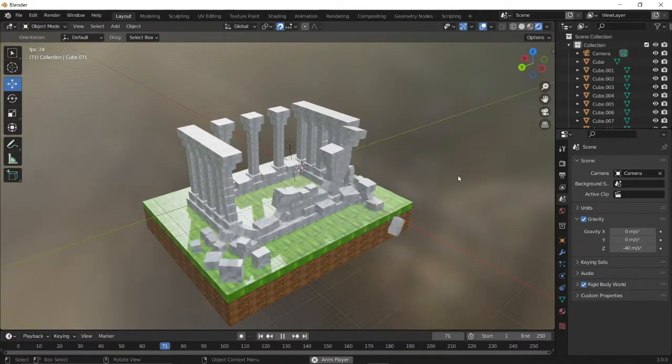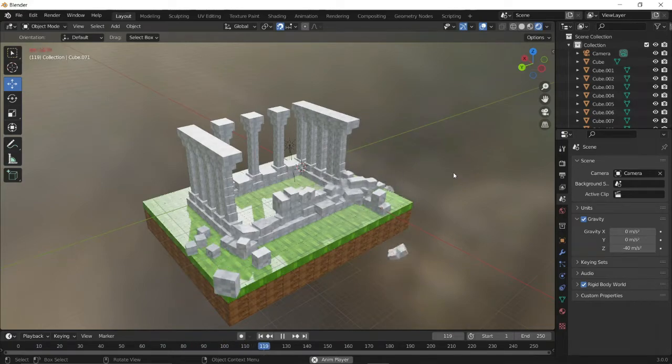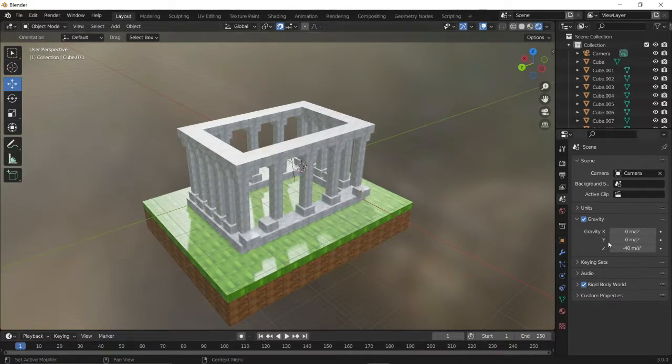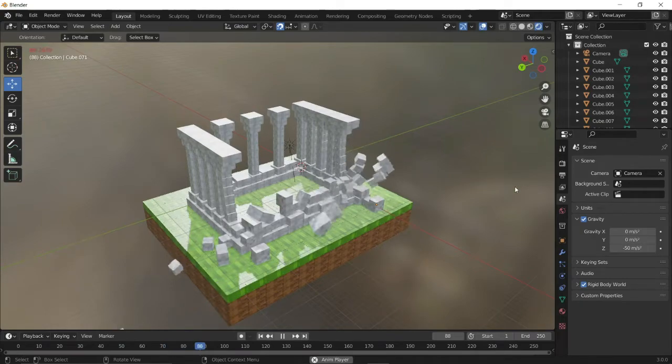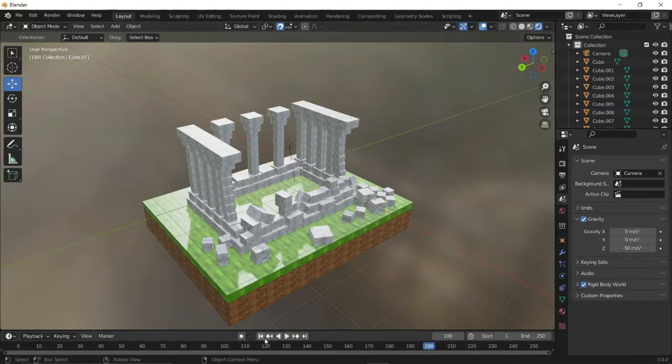Okay, I guess I want to make something else fall. It's just okay. It's slow, still slow. I want to make the left side also fall. I have to do something.